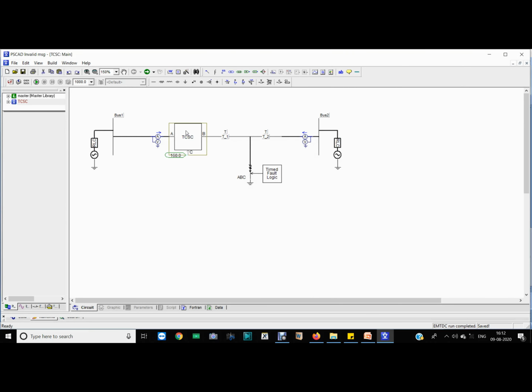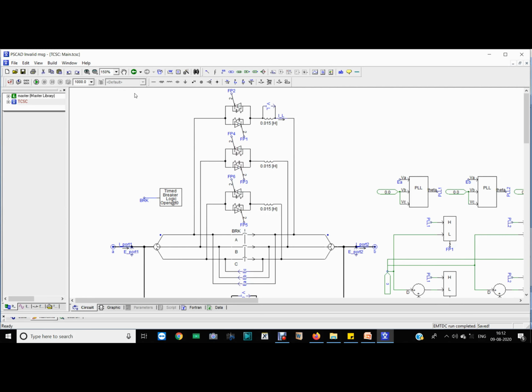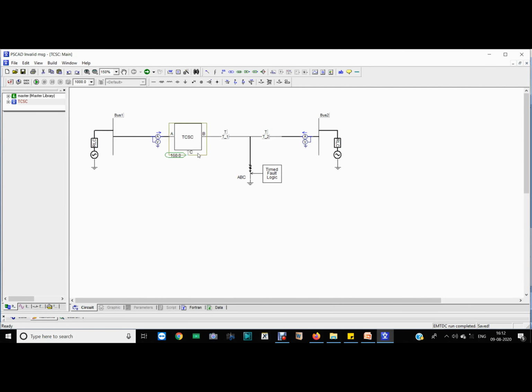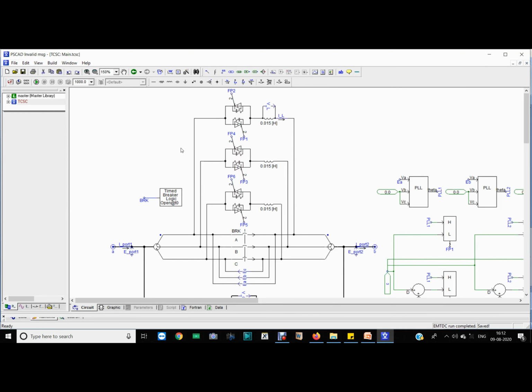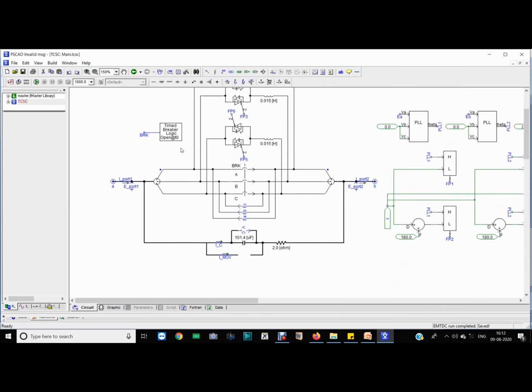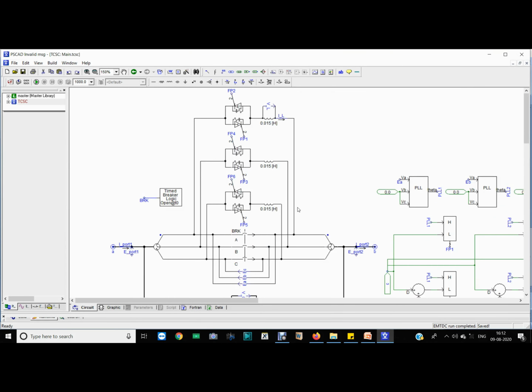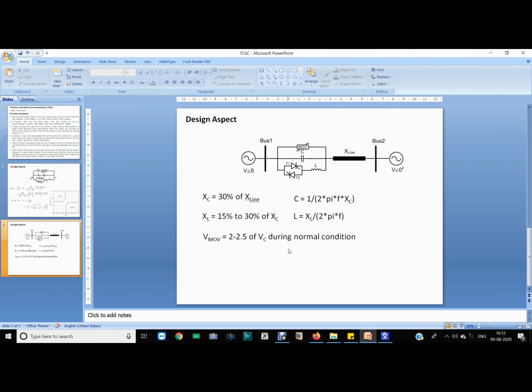Okay, now this is the TCSC module, right? In the block we will find the actual module. How to create a custom block, I have made a video earlier, so I will give the link in the description box as well. Okay, this is the TCSC, and now I have to find the XC, meaning C and L, right? Okay, now